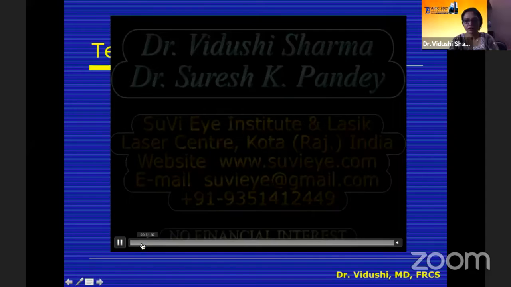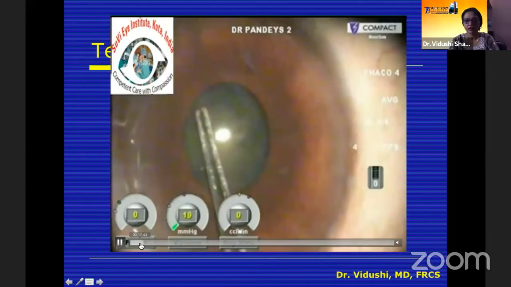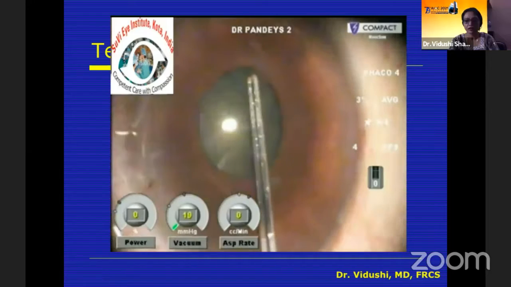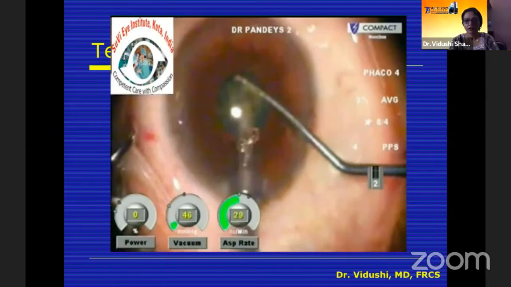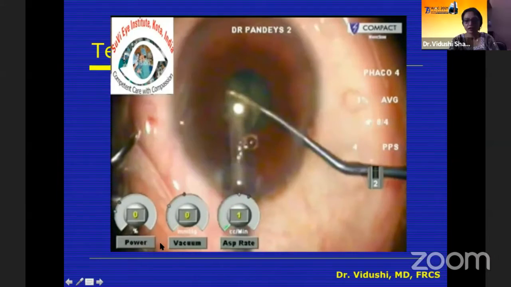every step of the surgery, right from capsulorhexis itself, becomes much more difficult because you have to work literally at the edge of the pupil, and the chances of all complications increase. So either you have to be very experienced, but along with that, you also have to be very lucky to be able to perform a successful surgery in such a small pupil, and this is not possible for most of us.